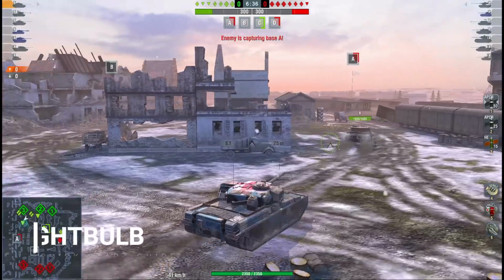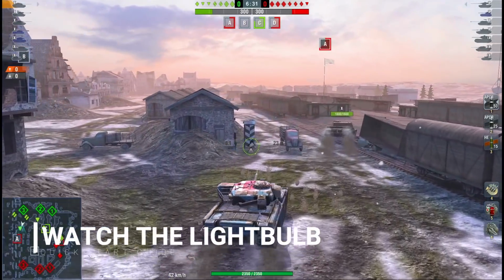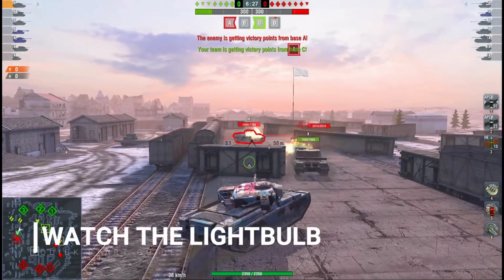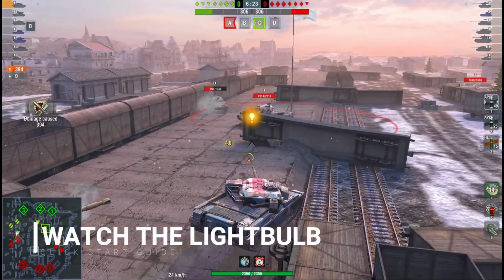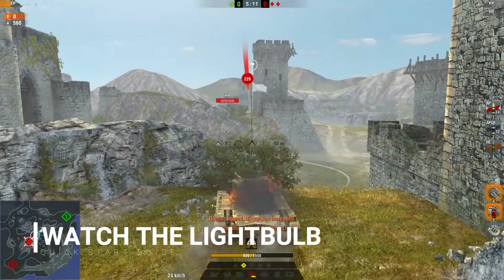The first tip is watching the light bulb, because the tutorial makes no mention of it, but the crew senses that they are spotted. There's a light bulb going off right in the middle of the screen. You can't really miss that. But there's a bit of a catch. The light bulb only pops up 3 seconds after you're spotted, so you might be driving towards the bush to